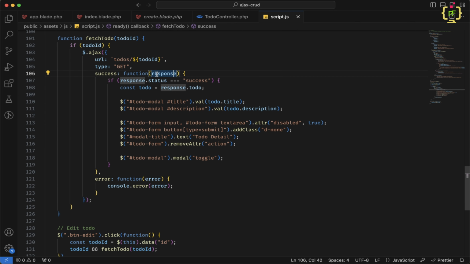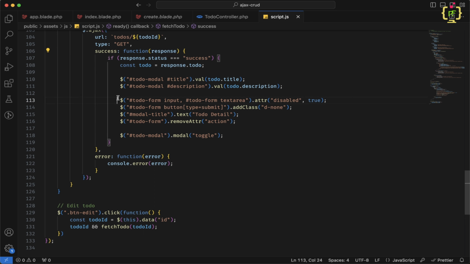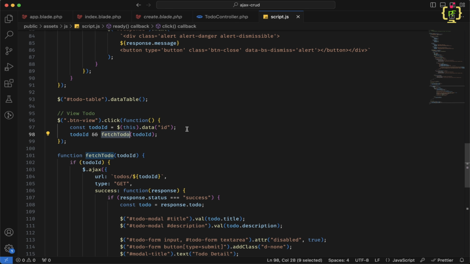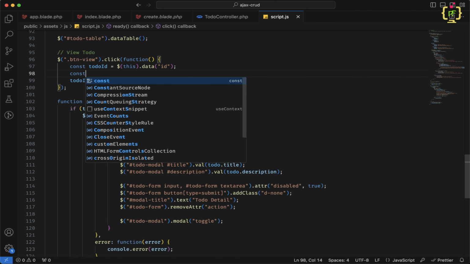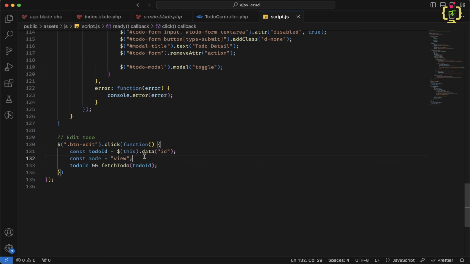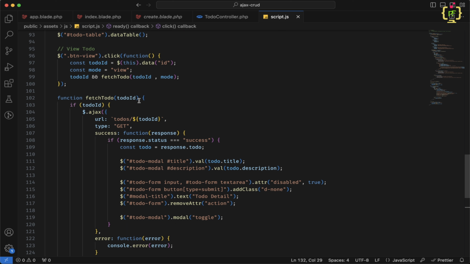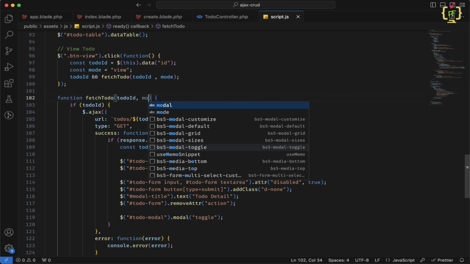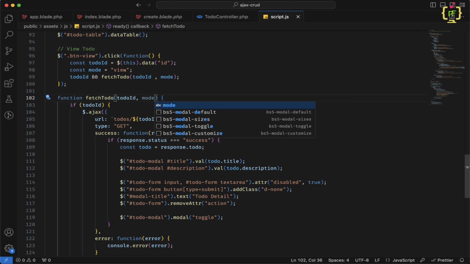Inside this Ajax function, after getting the Ajax response, we are making these input fields disabled, and we even removed the form action and hid the submit button. So before calling this function, here we have to define one variable as const mode equals view. Okay, and here we will pass this mode variable, and let's copy it, define it in the edit as well, and here we will change this value to edit, and similarly we will pass this variable in this function as well. This is done, and here we have to receive this variable in the form of mode,